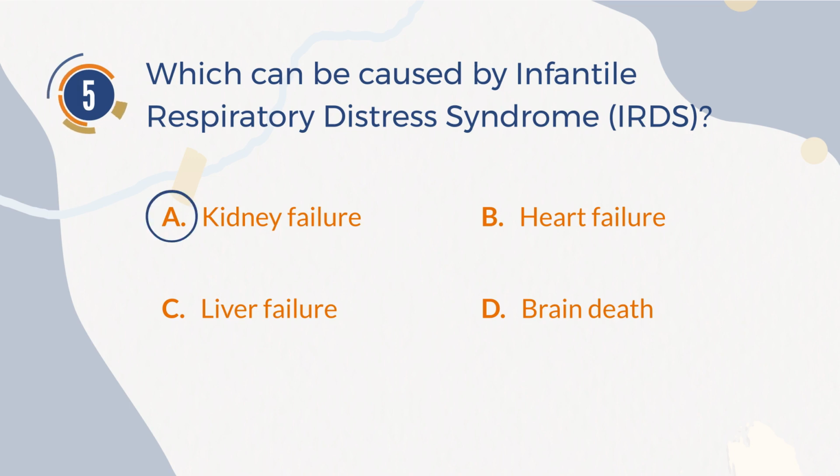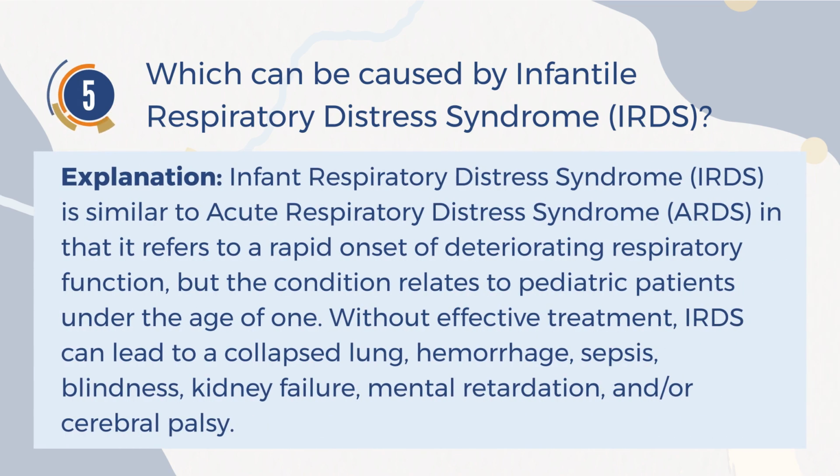Kidney failure. Explanation. Infant respiratory distress syndrome, IRDS, is similar to acute respiratory distress syndrome, ARDS, in that it refers to a rapid onset of deteriorating respiratory function, but the condition relates to pediatric patients under the age of 1. Without effective treatment, IRDS can lead to a collapsed lung, hemorrhage, sepsis, blindness, kidney failure, mental retardation, and or cerebral